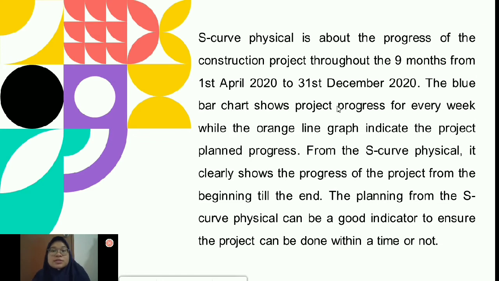S-curve physical is about the progress of the construction project throughout the 9 months from 1st April 2020 to 31st December 2020.